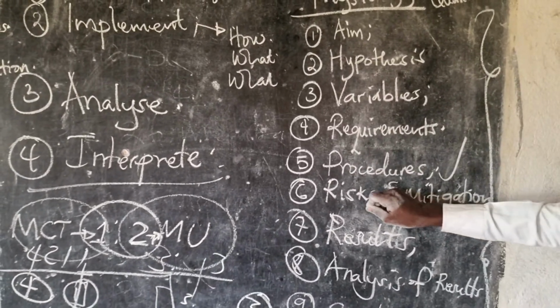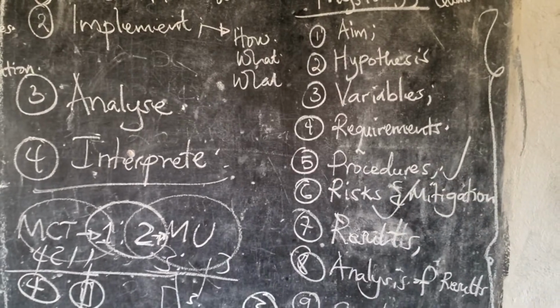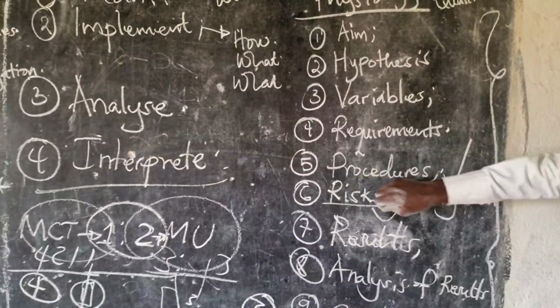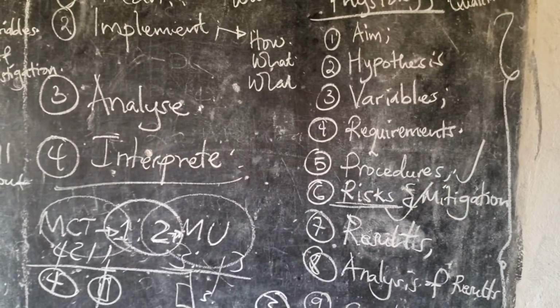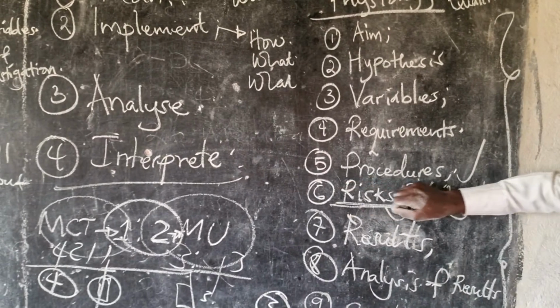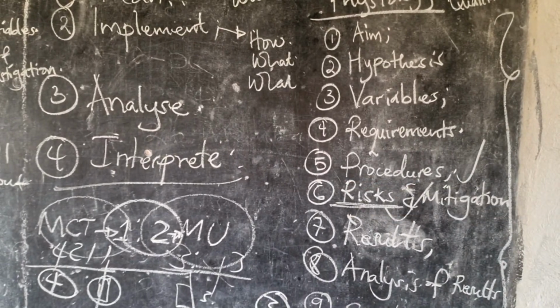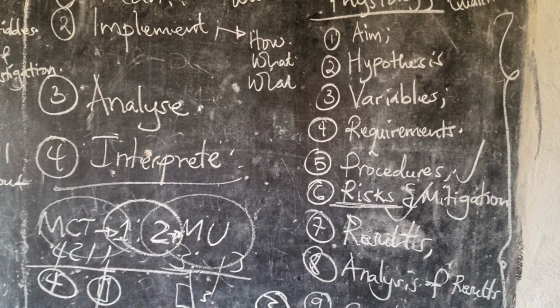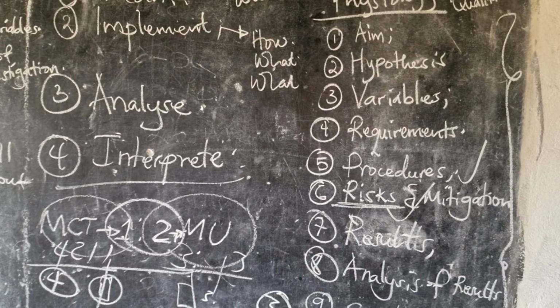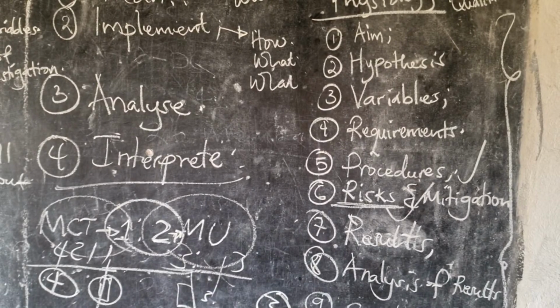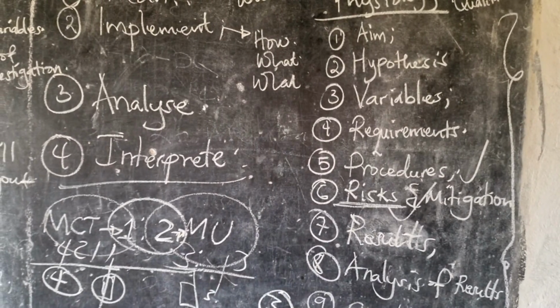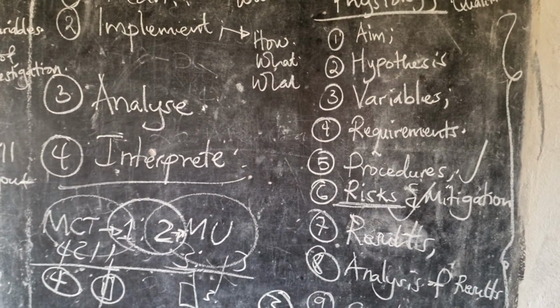To move on to the risks and mitigation, we always give the possible accidents and faultiness in results expected. We give the challenge we expect in an experiment, the effect of the challenge, and the impact, which will come from the effect of that challenge.